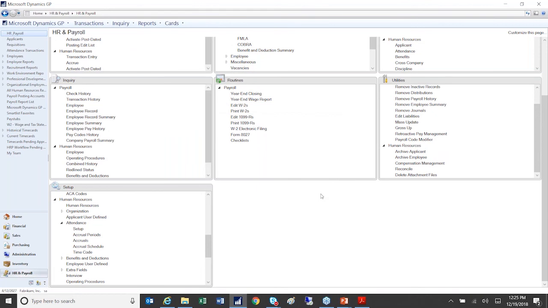Yeah, so at that point you have everything ready to go for 2019, and you've printed all of your W-2s and everything. The last thing that you might need to do would be if you needed to print 1099-R or 1096 transmittal forms,